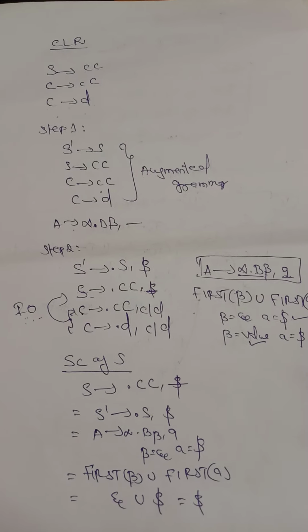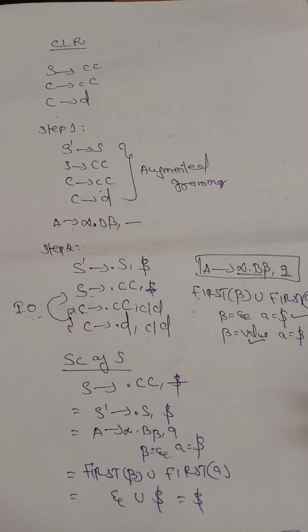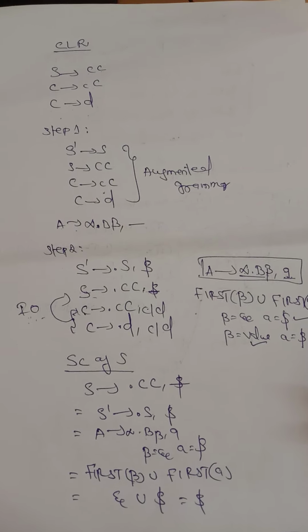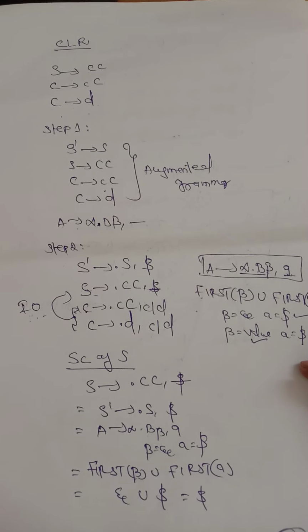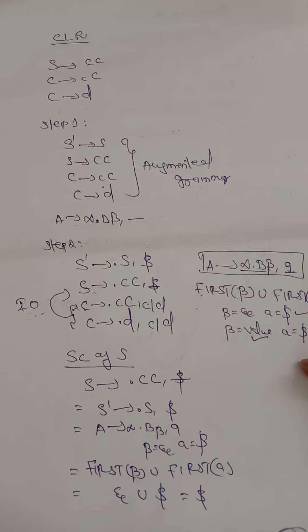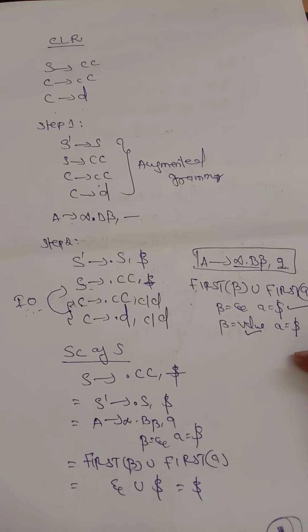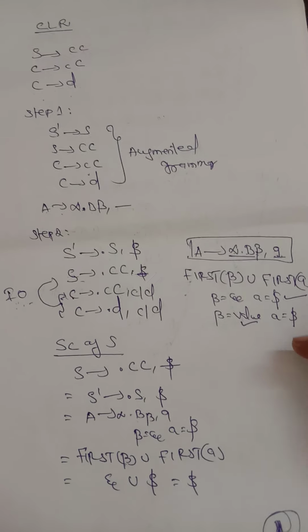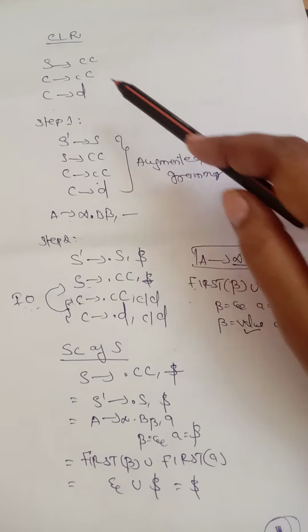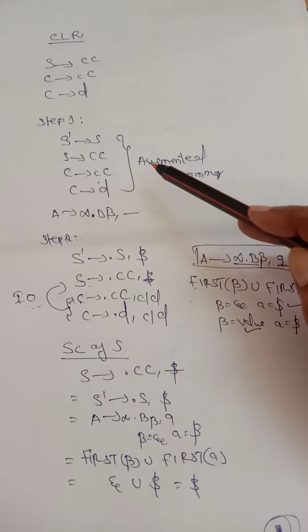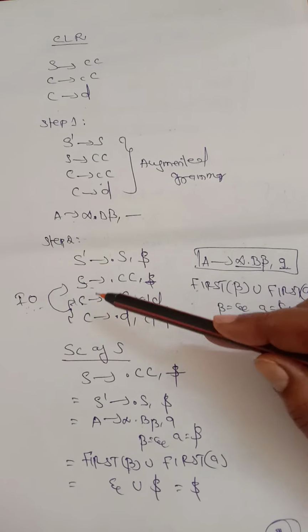Everyone. In my last video I explained the go-to operation of CLR parser. In this video we will see how we have to construct the parser table using that go-to operation. So before that we will see the basic operations. So this is the initial grammar, this is the augmented grammar, then it's the closure or set